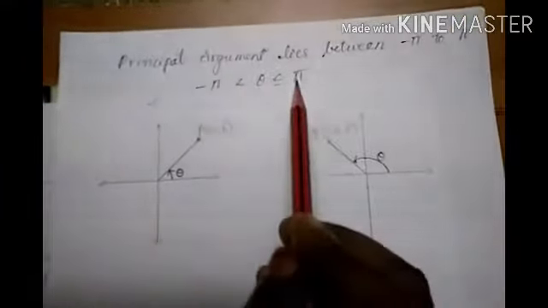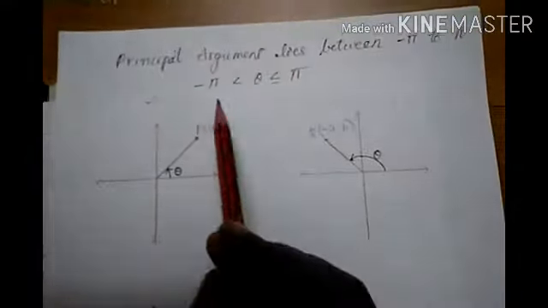Now the theta value is not more than 180. Let us observe, this is 90 and this is less than 180. Now in this case, if you take theta in the clockwise direction, theta is not more than 180 degrees. So now the theta value is in this range only. But this theta is measured as a negative angle.